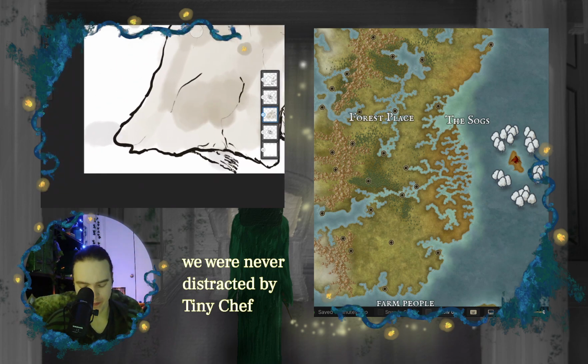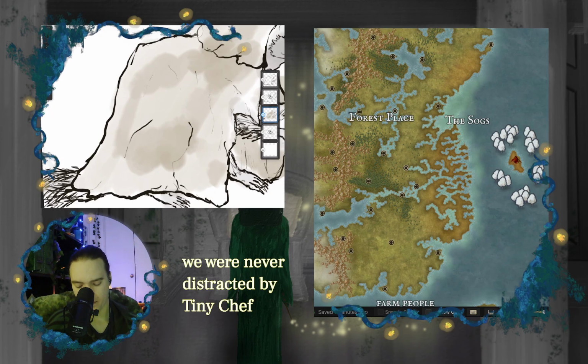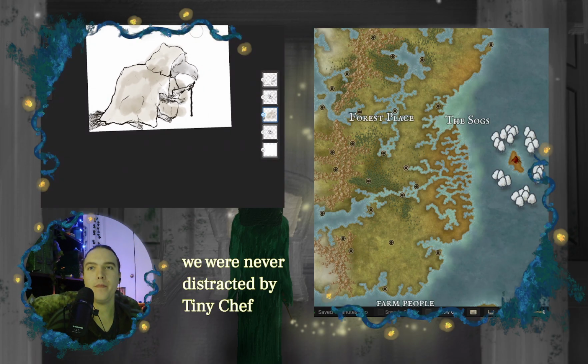I'm drawing a little crow person. One must revise.